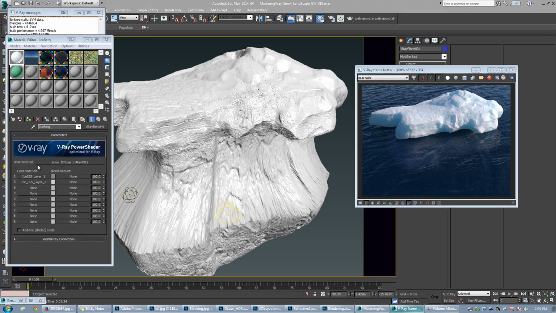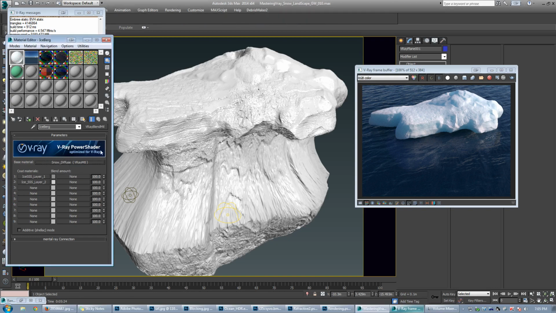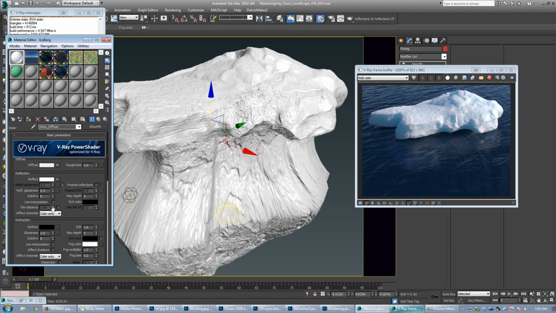So moving on to the iceberg shader itself, once again it consists of 3 layers, and I'll just render off what each of these layers is doing and then break down why I've set it up this way for you. So let me just apply the simple diffuse material that has no subsurface or refraction. You can see if I go in here, it's non-refractive. But the reason I use a V-Ray material is because I want to have reflection that's a lot